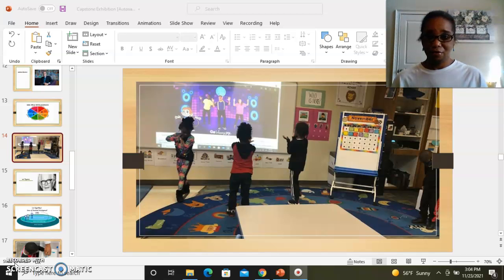Right here, you see our students dancing, and they really enjoy this. They really like getting up and moving their bodies and having those brain breaks. And I dance with them sometimes, and sometimes the students say, Miss Tina, you don't do it that way. So here they dance to get happy, and they really love this one because they have to follow directions also. So it's learning too, because they have to follow step by step what the person is doing on the screen. And we really enjoy music in our classroom.